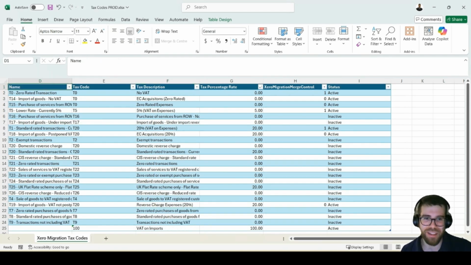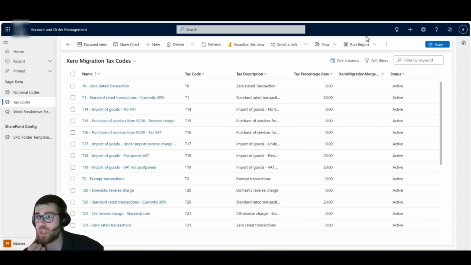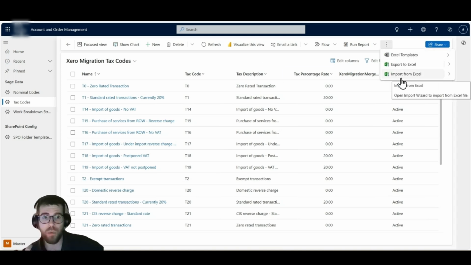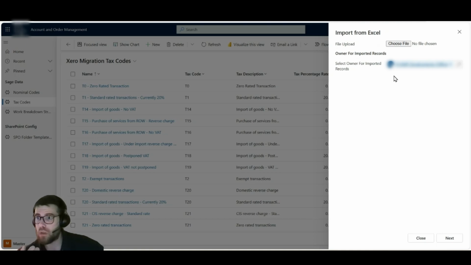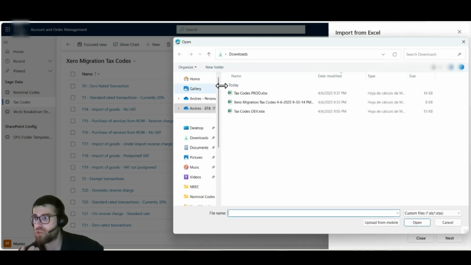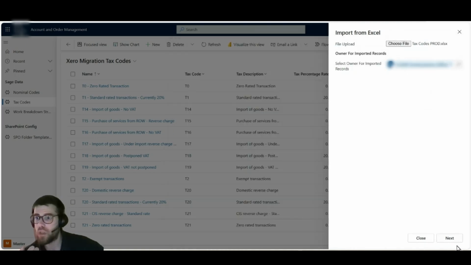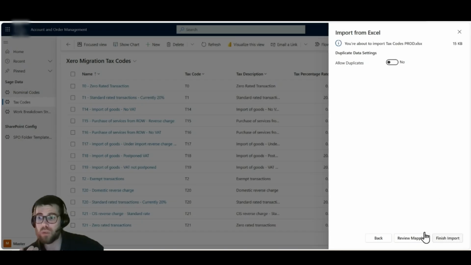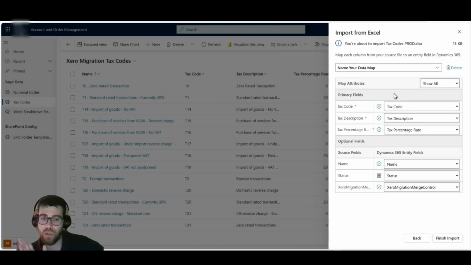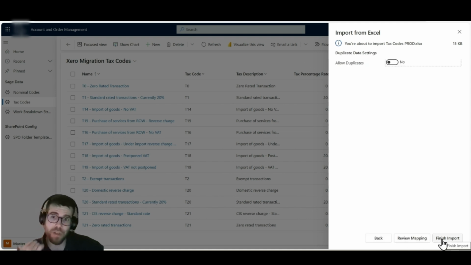ask too many questions. Now what we must do is import using the Excel that we just tweaked. We just choose the Excel, tax export, hit next, and you can review the mapping if you want. The mapping is completely okay because we downloaded the export and changed the values, so we maintain the same structure. And I won't hit finish import because I already did it in the Spanish version of the